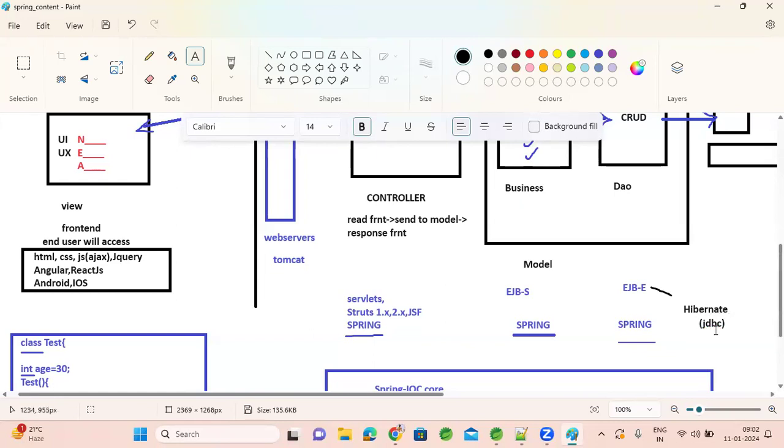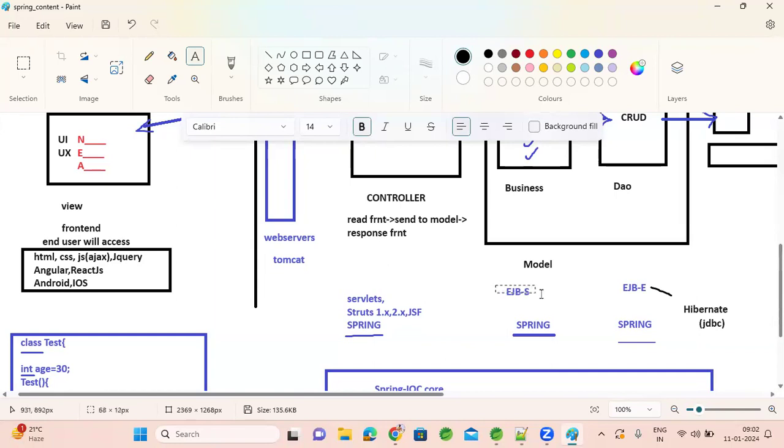Beyond that, we don't have much support in JDBC, but Hibernate made it simple. Hundreds of features were given on top of JDBC to make DAO operations simpler, easily maintainable, and easy to fetch. A lot of things you can see as part of Hibernate.